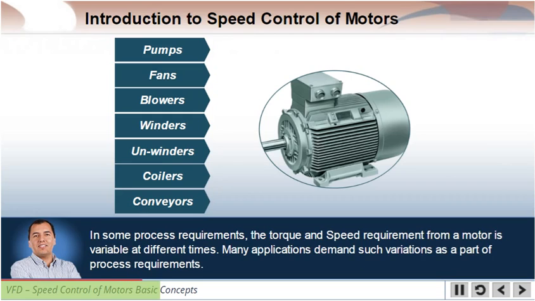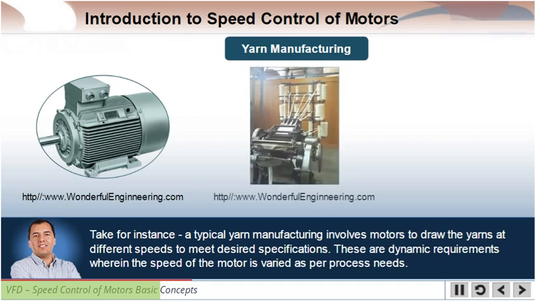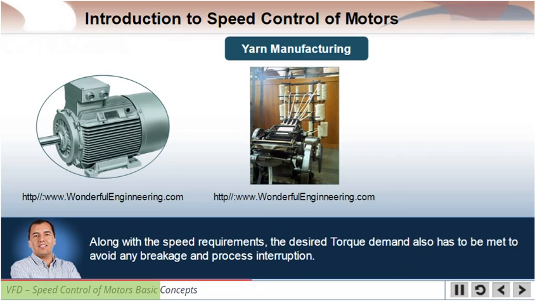Many applications demand such variations as part of process requirements. For instance, a typical yarn manufacturing involves motors to draw the yarns at different speeds to meet desired specifications. These are dynamic requirements, wherein the speed of the motor is varied as per process needs. Along with the speed requirements, the desired torque demand also has to be met to avoid any breakage and process